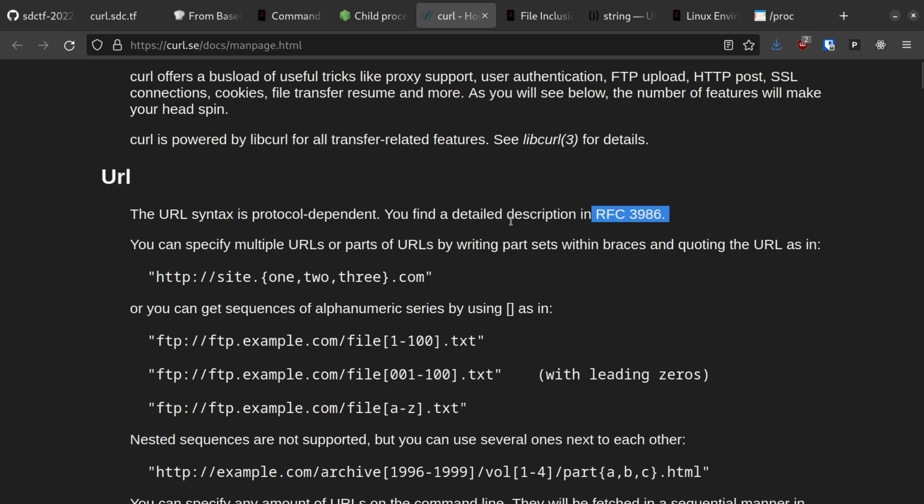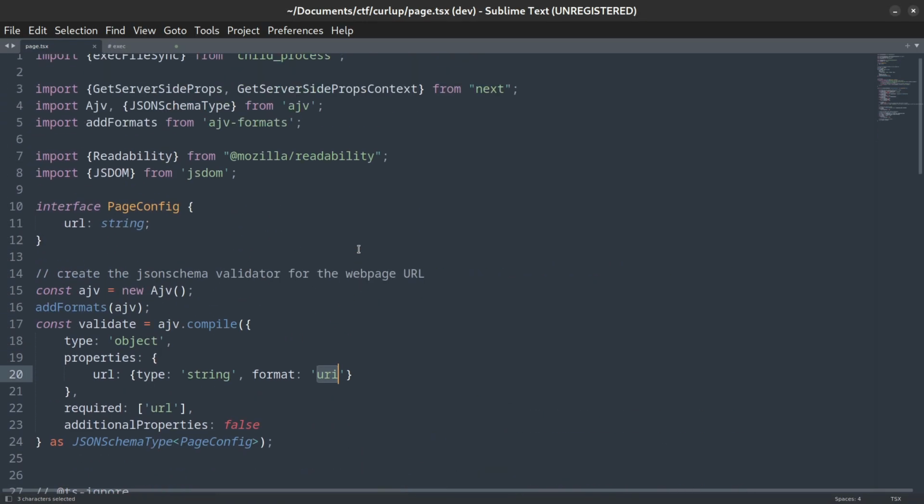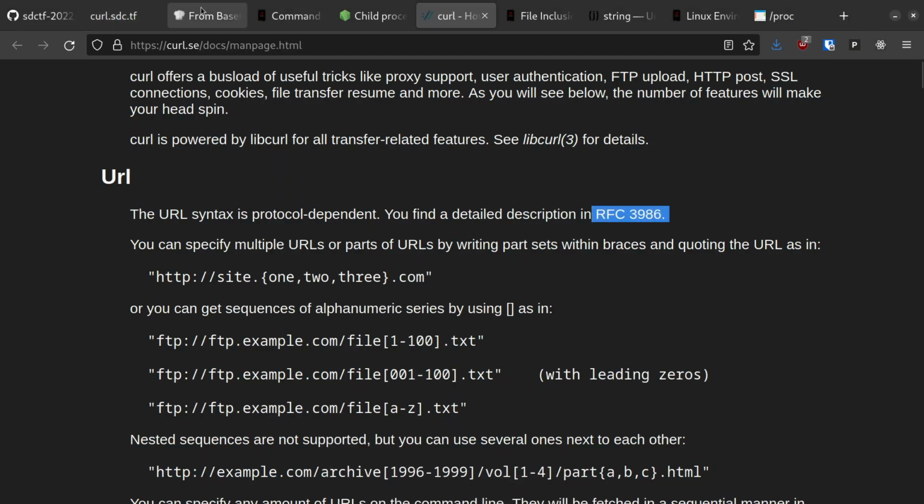So actually, this might be a bug. The author of this web page is probably intending to filter out anything that isn't an HTTP URL, and they appear to be doing just that on the front end. But on the back end, they're only filtering for URIs, which includes this local file path, provided that we include that file:/ prefix.